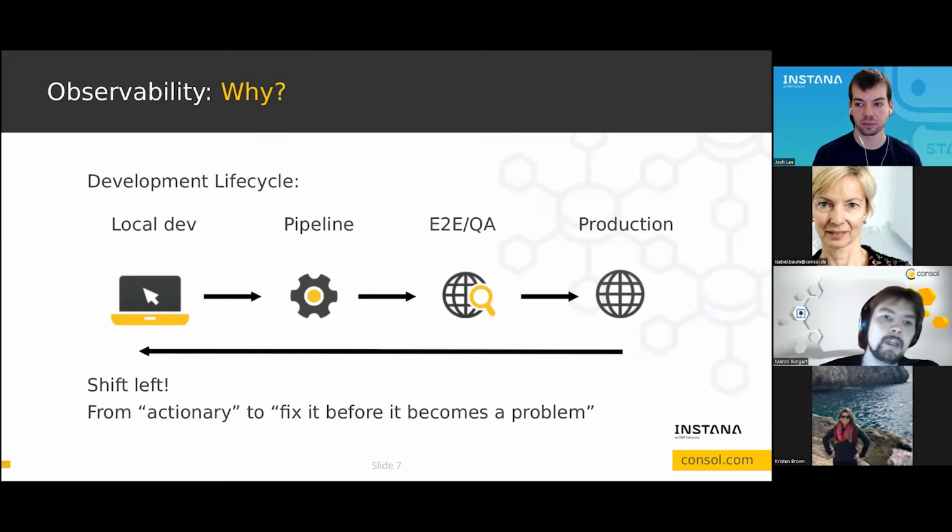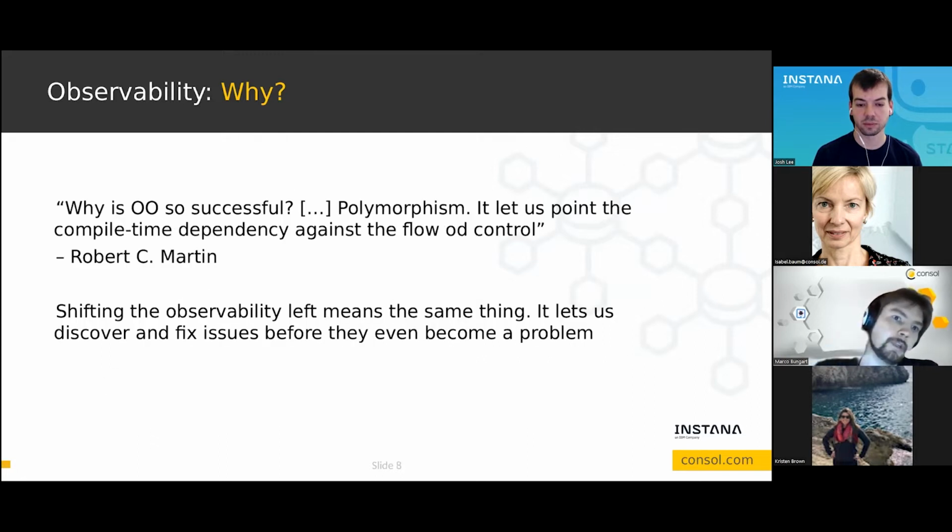To draw a little bit of a different analogy, Robert C. Martin once answered the question of why OO is so successful, and he said polymorphism. It let us point the compile time dependency against the flow of control. And here we have something similar.